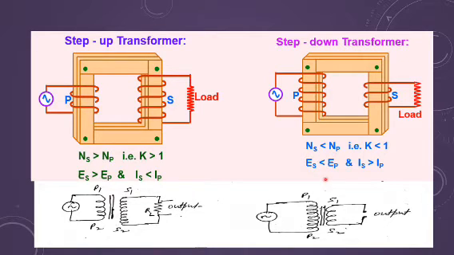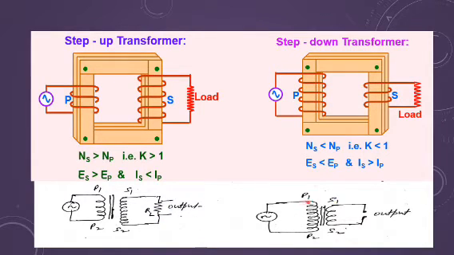You can say that the EMF induced in the secondary will be less than the primary, or IS has to be greater than IP to keep the power same, input power for an ideal transformer, if I say. But in practice, we don't have any ideal transformer, but for doing mathematics, we always talk about the ideal transformer. Simply you can write the output like this, or you can make the load resistance across which the output will be taken.